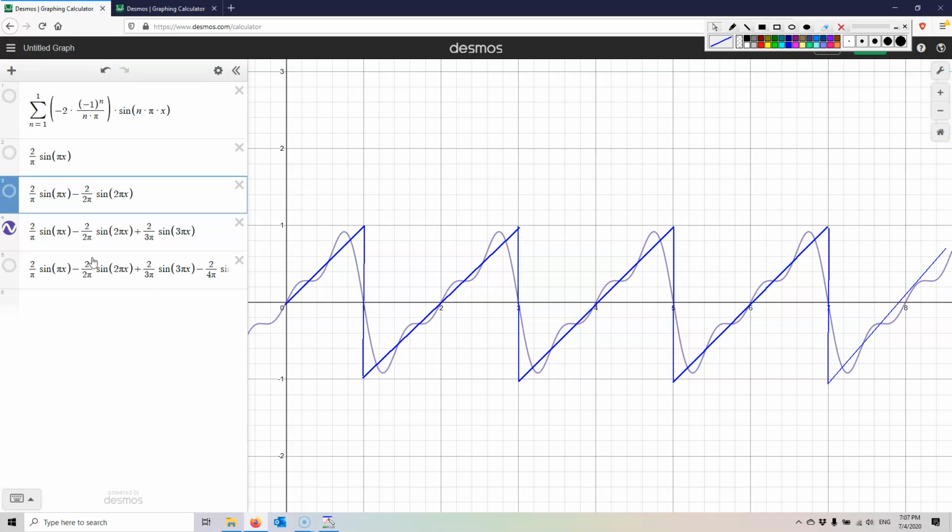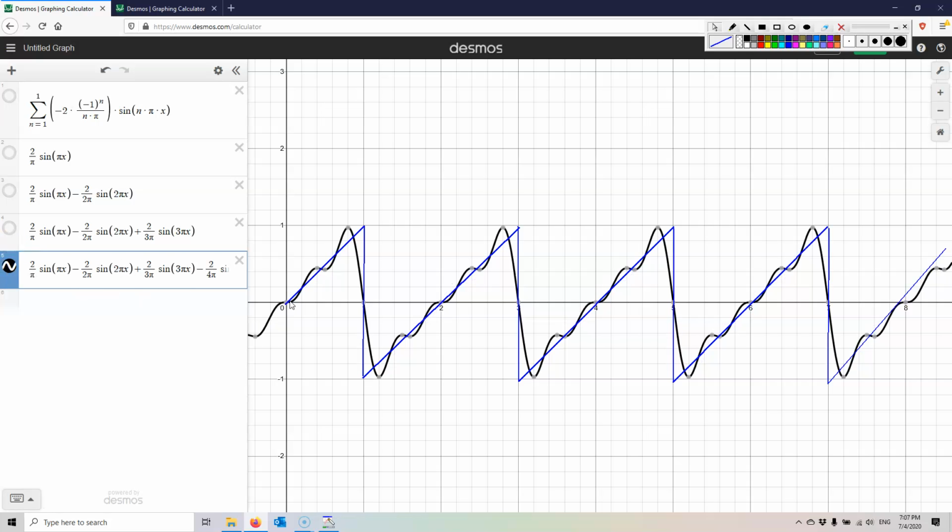It's improvement. I can extend this pattern further, so now I'm going to add over here a term 2 over 4 pi sine 4 pi x. I'm going to get rid of this one for this one, and again, getting better. Now, of course, typing those in by hand is a bit of a pain. So I'm helping myself with a functional expression. If you're wondering the whole time, what's this thing up here? I'm going to come to that right now.